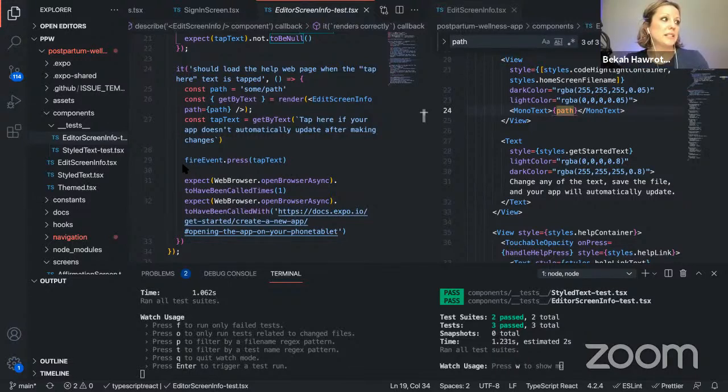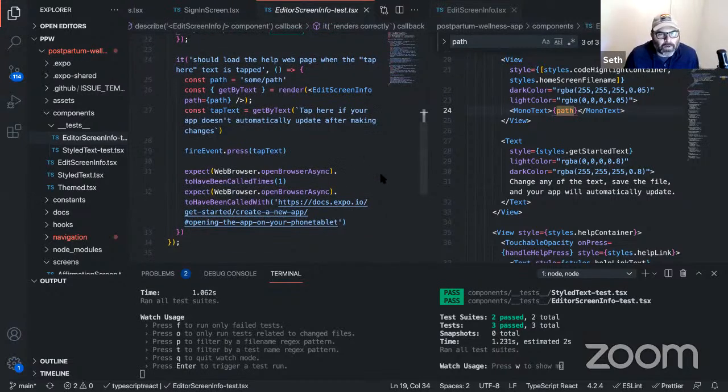Yeah, and so this goes back to that fireEvent that you pointed out that we were importing from testing library. So fireEvent.press and then the tap text, which you can see here. They label it tap text. You want to always use this getByText. So if the user taps this, then this should happen next. Yeah, it looks like it does a call one time, and then it specifies the